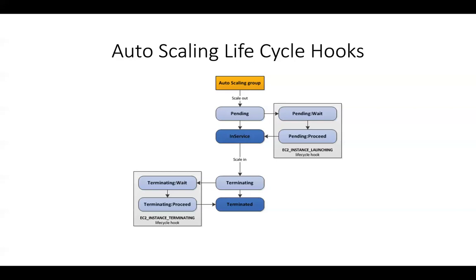And once the logs have been sent to a durable storage like S3 and so on, you can send a CLI signal to transition it from the terminating wait stage to the terminating proceed stage. And then finally, when you move it to the terminating proceed state, it automatically goes to the terminated state, where the instance is scrapped by AWS. Okay, so these are the lifecycle hooks that are allowed for an auto scaling group. You have pending wait and pending proceed on the pending side, and terminating wait and terminating proceed on the terminating side.